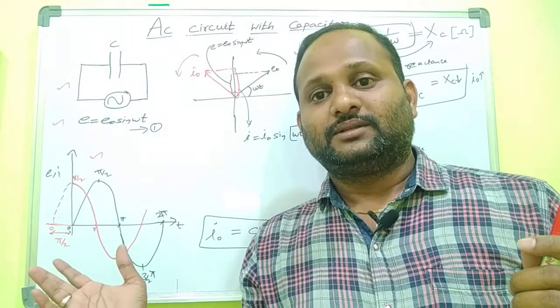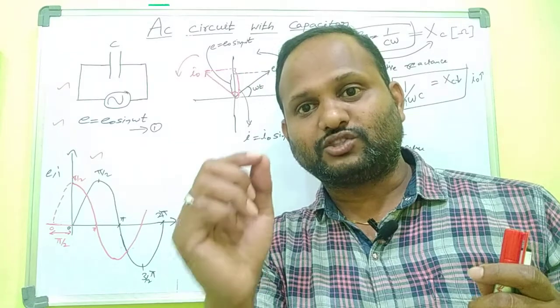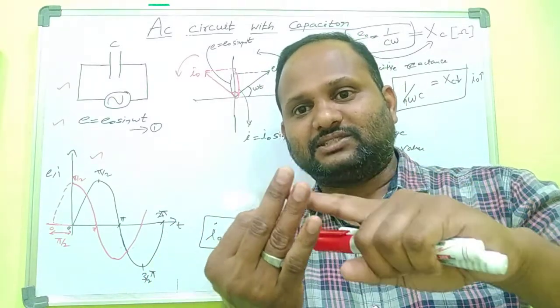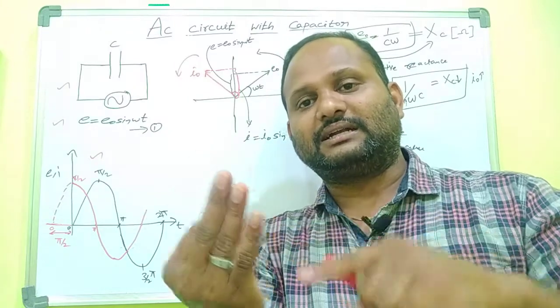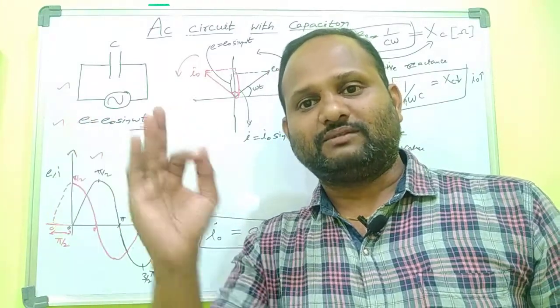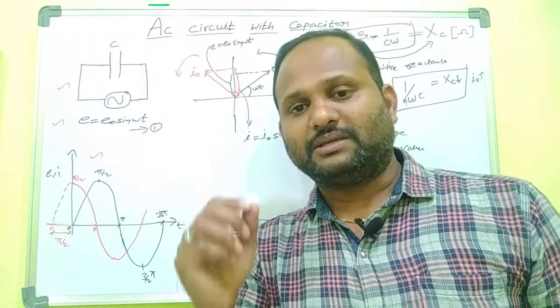Then in the next class we are going to discuss a most important circuit, in which the capacitor, inductor and resistor, all three, are connected in series with the alternating source of EMF. That is one of the most important questions and it gives much information. So please listen and watch